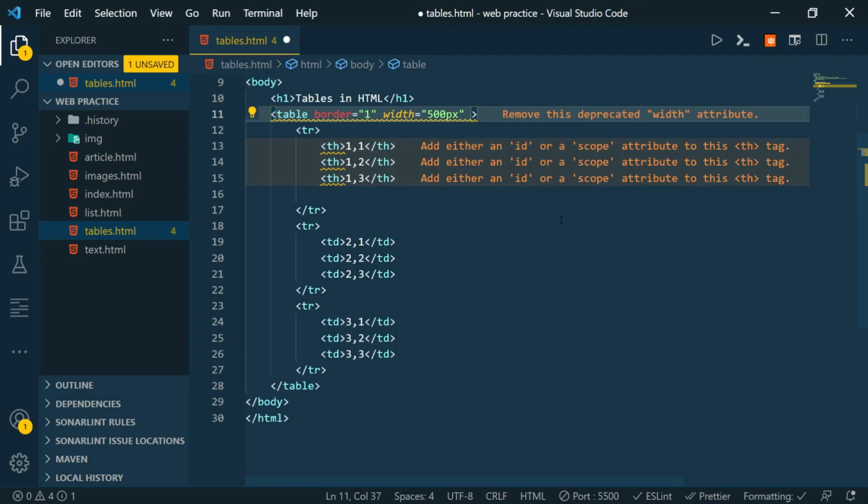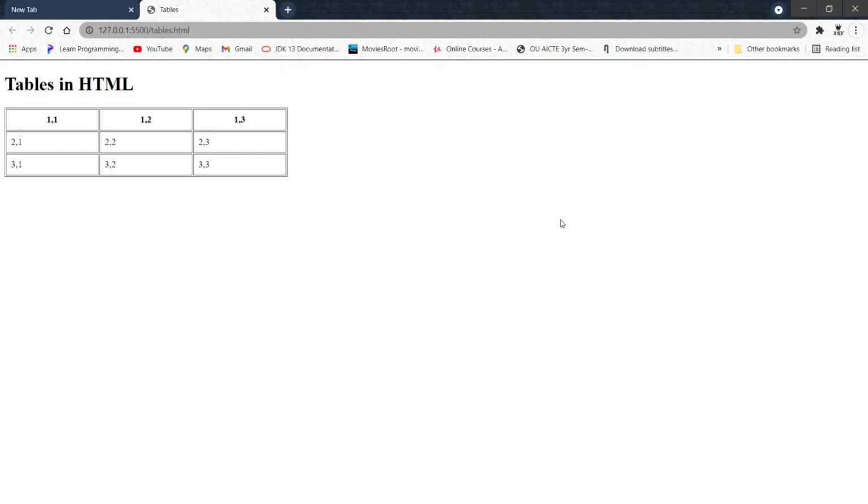Now let's add cellpadding to our table, and let's see how it changes the appearance of our table. Cellpadding equals, it is also measured in pixels. So I'll add a padding of 8 pixels. You can also write just 8, but I'm used to writing pixels. So let's see it.